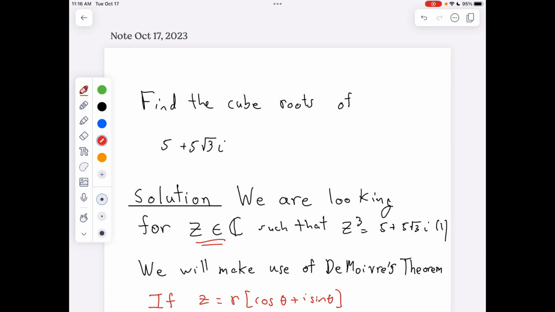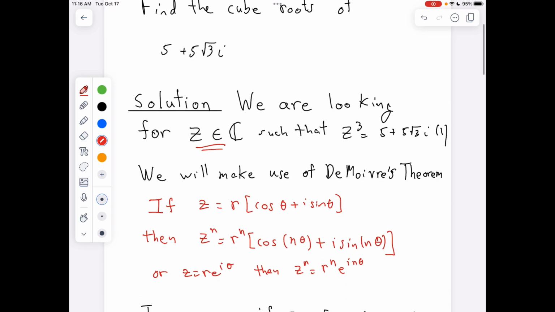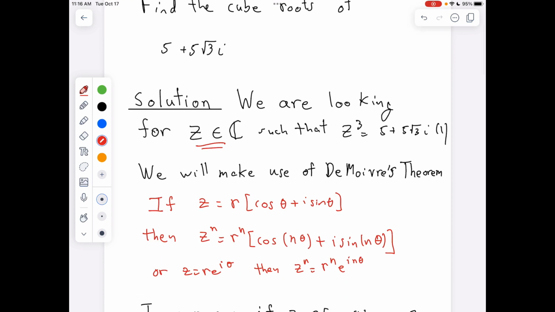If it was fourth roots or square roots, then it'd be raised to the fourth, the second power, etc. Now for this problem, we're going to make use of something called DeMoivre's theorem. DeMoivre's theorem says, if you have a number z equals r times the quantity cosine theta plus i sine theta, so we're going to write the numbers in polar form,